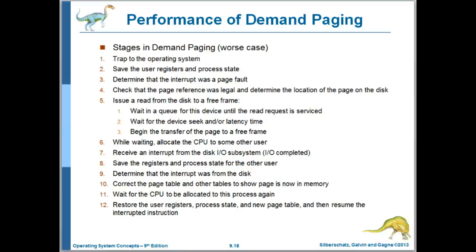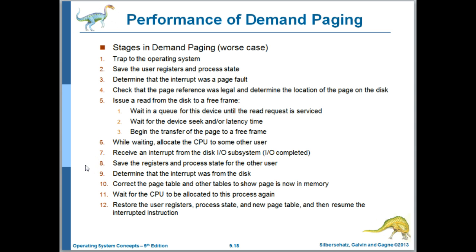And one more time, here are the worst case steps in demand paging. So an operating system trap, save process state to prepare for the context switch, find the page on the disk, start the read from the disk, perform a context switch, receive the interrupt from the disk and process that interrupt,